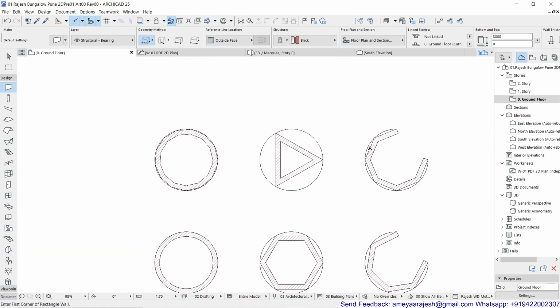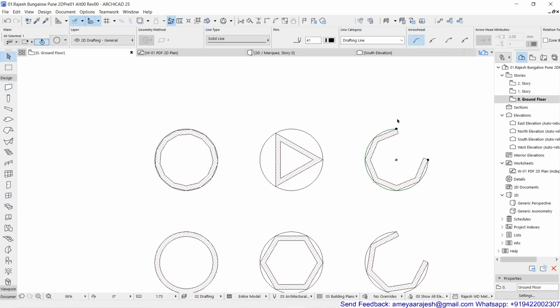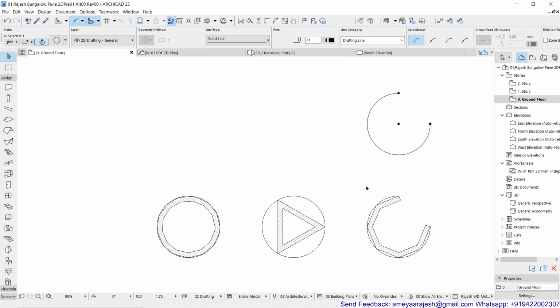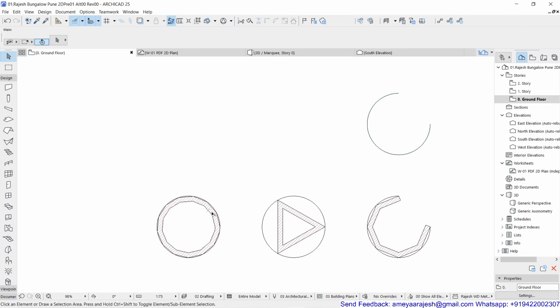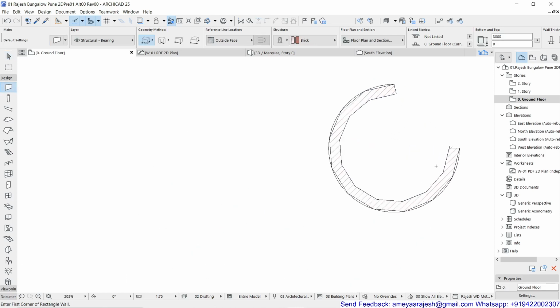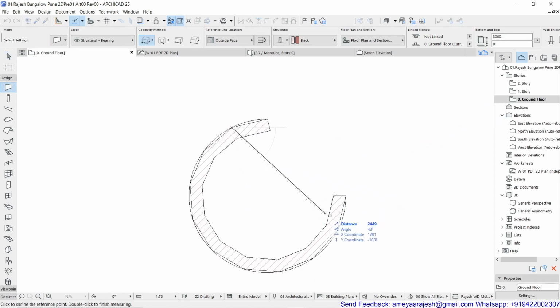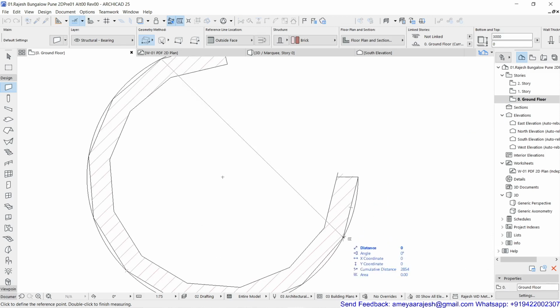That's going to be because it's a closed object, or even if it is an open line. So for example, if I just try to copy this particular circle, sorry, arc. Even if I copy this arc and try to use the wall tool with the same setting, you can see for sure the first segment from where it started is nothing but 700, and the last one, if possible, will be 700 or less than that. So it solely depends on the possibility of that.